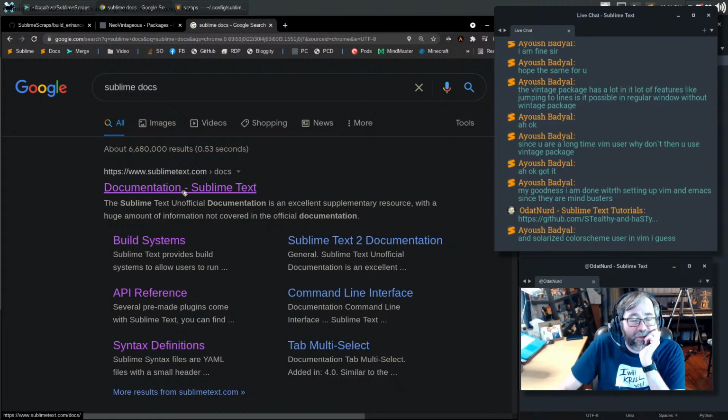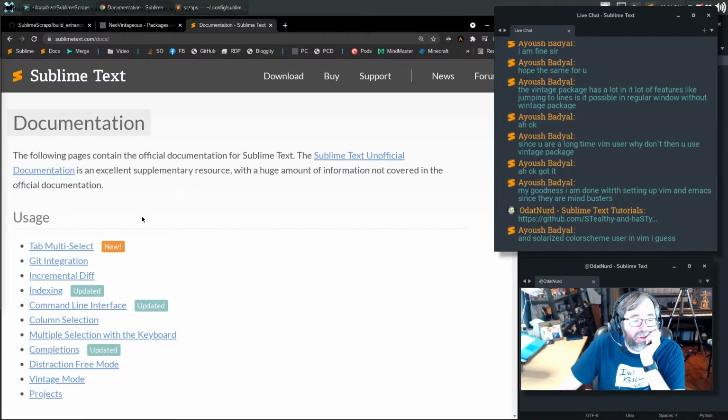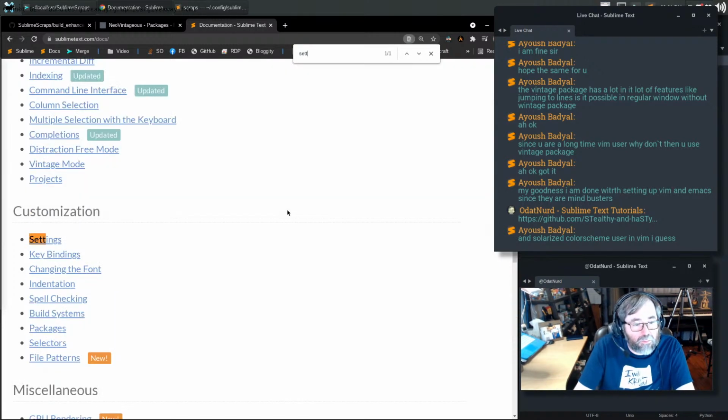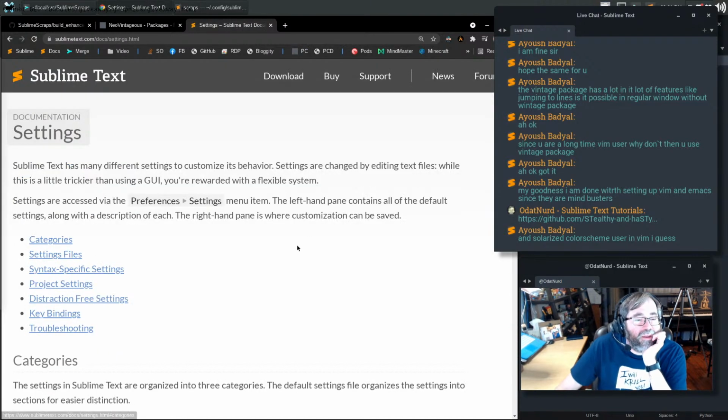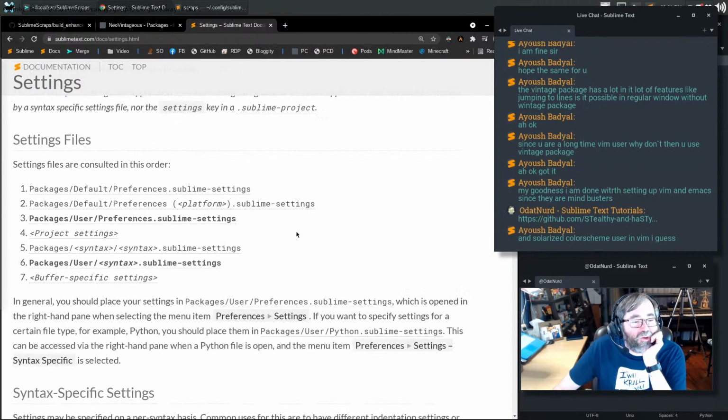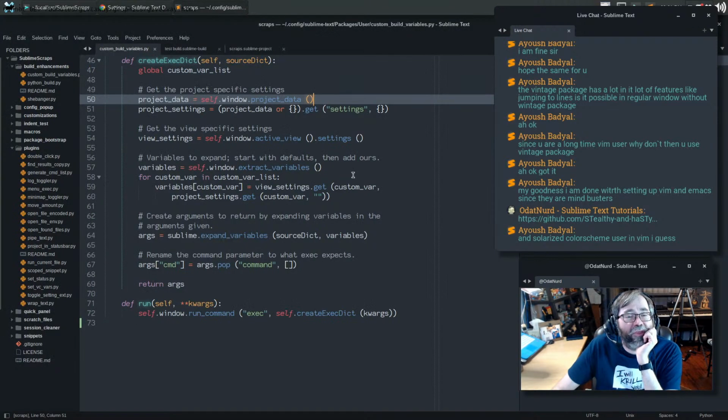And take a look. I believe my eyes, I want to make sure that I'm remembering that correctly. So the defaults, platform defaults, your preferences, first the project, then syntax specific settings, then your specific settings, and then buffer specific settings, right? So the theory is